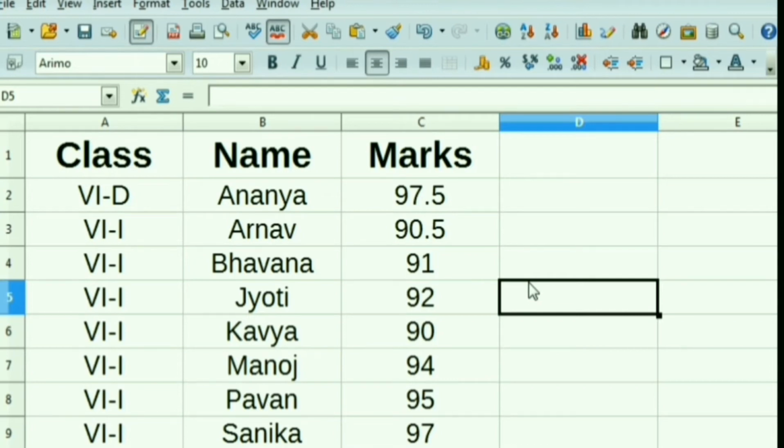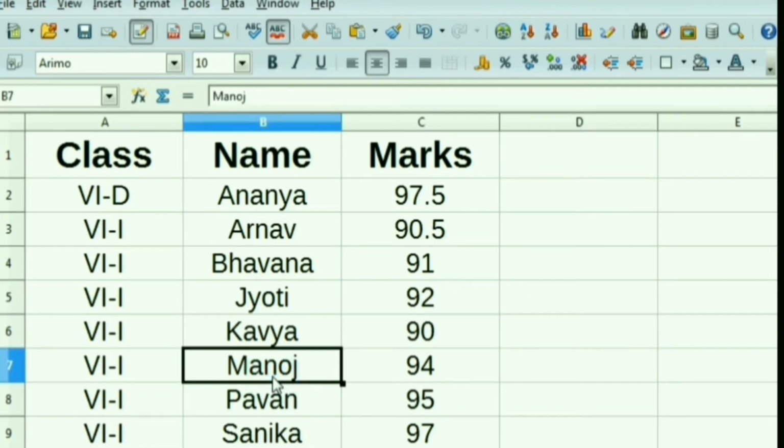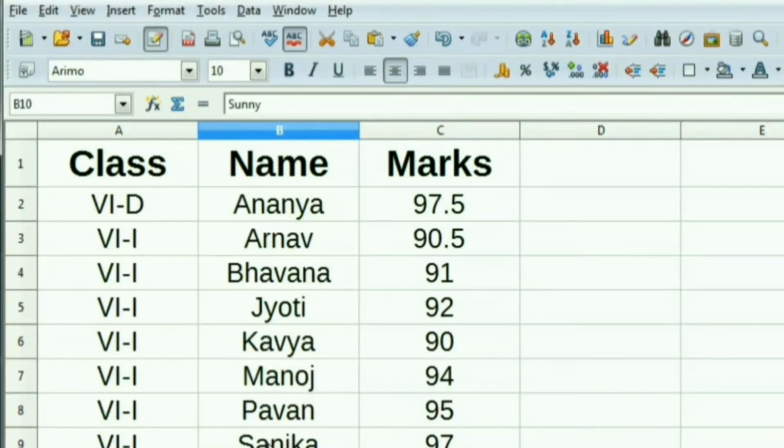It not only looks nice, but its major advantage is that it makes it easy to search data. For example, to find the marks of Manoj, we have to search those names which are starting with M. It makes it very easy to search when you have a large amount of data arranged in order. If it is not arranged, you will have to search all the records.